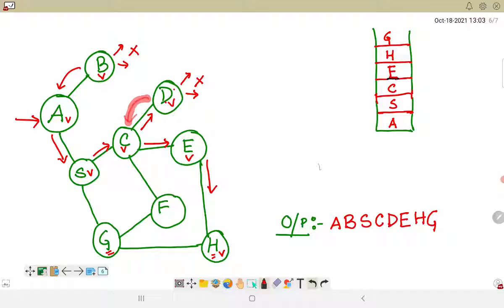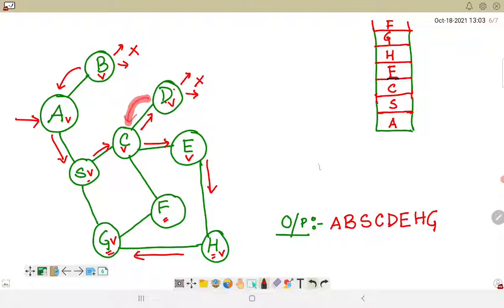Now when it reaches G, G is marked as visited, and G will be further evaluated for any children. G has two children, S and F. S is already marked as visited, so F is the next possible child. So F will now be entered inside the stack.